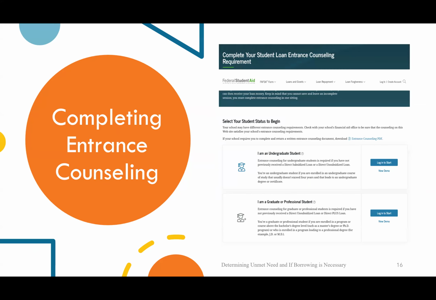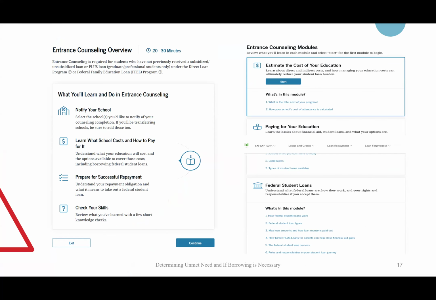Okay, so let's get into how it would look when you are navigating. Let's say you're logged into your Federal Student Aid account, and you're about to complete your loan interest counseling requirement. You would then select whether you're an undergraduate student or graduate student. Then you would continue on